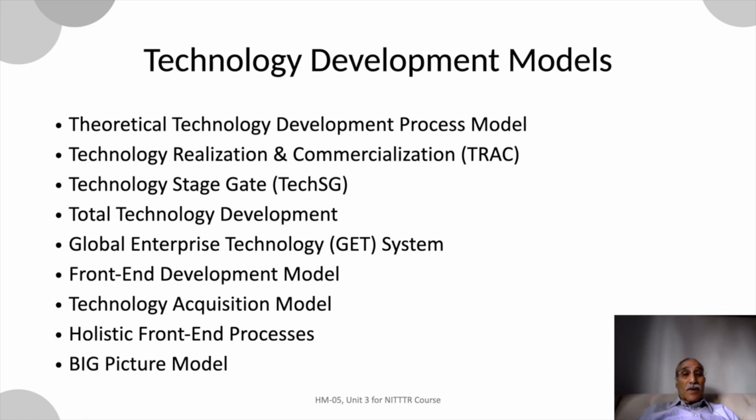We try to talk about the technology realization and commercialization model, which has obviously both the technology aspect and the commercial aspects and takes care of them together so as to realize a product which has high profitability in the marketplace. Then the technology stage gate is a process that has evolved most importantly in terms of why and how different manufacturing processes can be integrated and how different supply chains can be arranged so that the product as it comes out, as the technology process is developed, it can create a more efficient, a more reliable, and a more standard